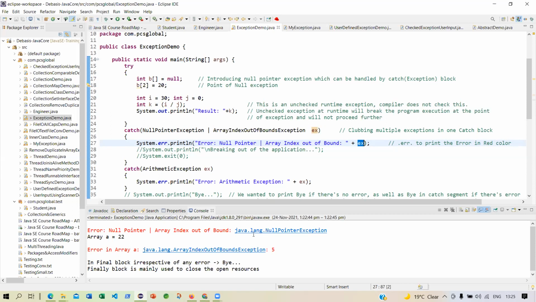This is the error code, java.lang. This error code is coming from a package called java.lang. This exception class, null pointer exception, is also a class, and it is coming from a package called java.lang.